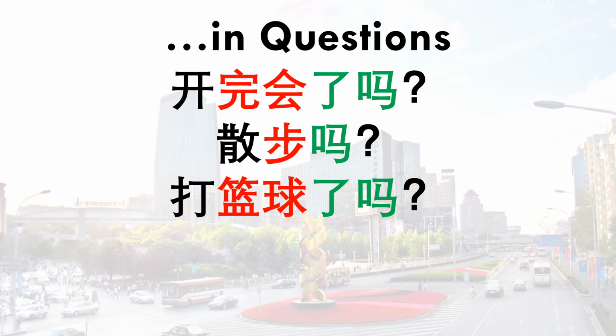打篮球了吗 means, so did you play basketball? Like you're actually wondering. 打篮球了吗 means, so after all, like, did you even play basketball? And also, you should note that this type of intonation also applies to words that are not verb plus object. I'm just showing you this for verb plus object because it shows you that this type of intonation, the one associated with this, like after all sort of tone, it trumps the natural intonation of the word.